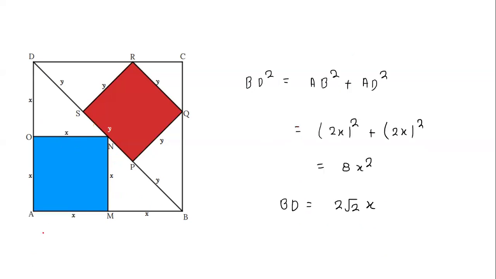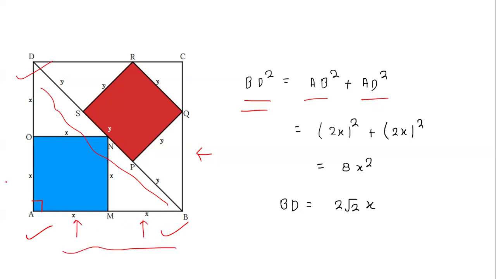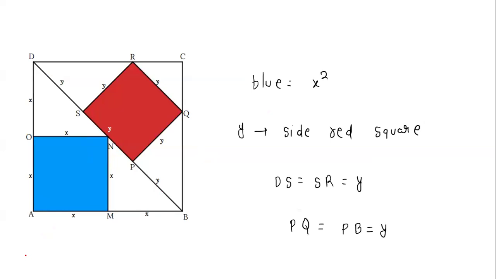The next thing you can do is calculate the diagonal of the square, which is this BD. This outer square diagonal is this BD. So you can calculate this by applying the Pythagorean theorem in the triangle ABD: BD square is equal to AB square plus AD square. We know this is x and this is also x, so this whole length will be 2x. This will be x and this will be x, so this whole length will also be equal to 2x. So 2x whole square plus 2x whole square will become 8x square, and after taking the square root, it will become 2 root 2 times x. So now we know the diagonal of the square also.